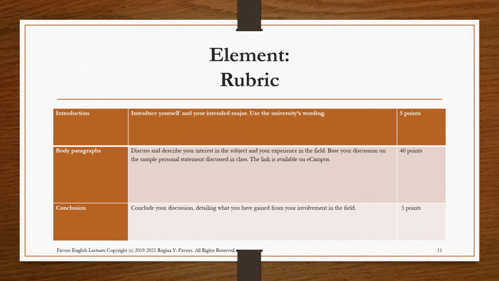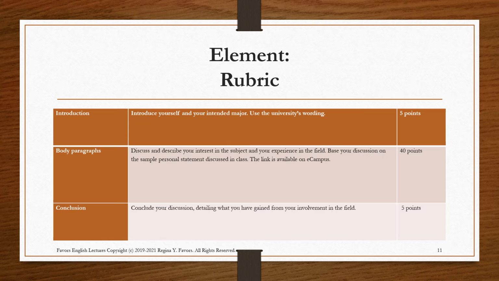So usually I create the annotated bibliography at the beginning of the course as an assignment, and there is an accompanying lecture and assignment sheet for that annotated bibliography. And I usually create them, the bibliography and personal statement, 50 points each, because they both represent a total of 100